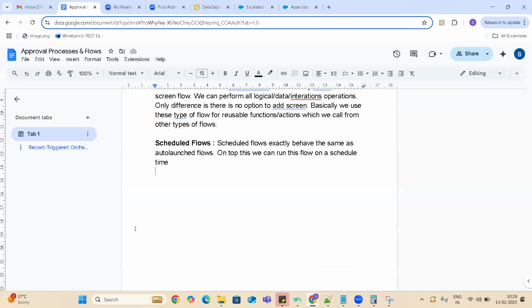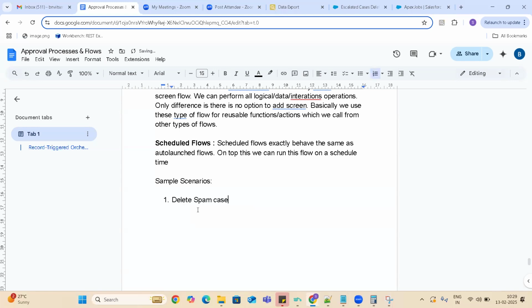That's it about the scheduled flows, guys. Regarding the scheduled flows, you just need to know it should behave exactly the same way as automation flows. With this, we can run the flow at a scheduled time. Some sample scenarios are: delete spam cases weekly.